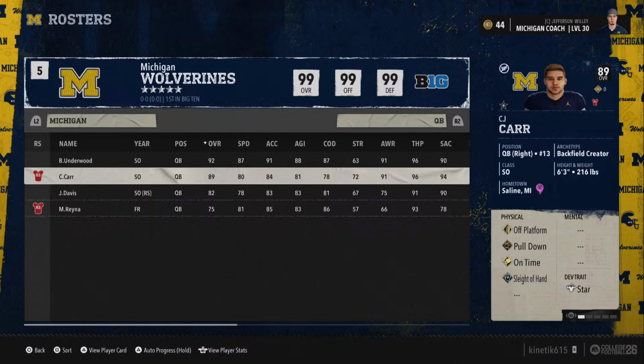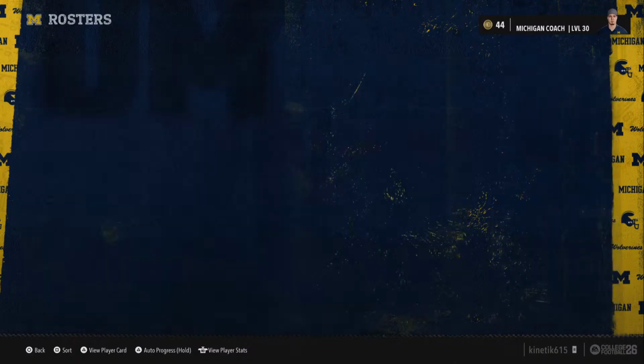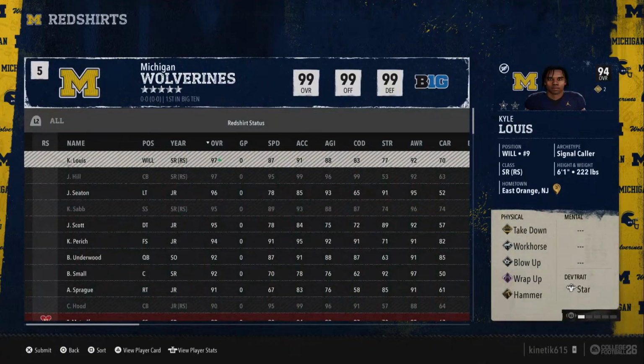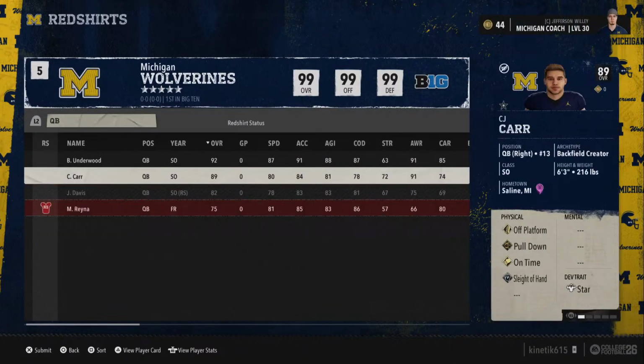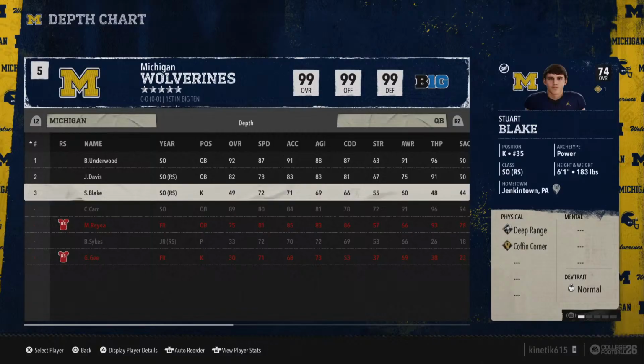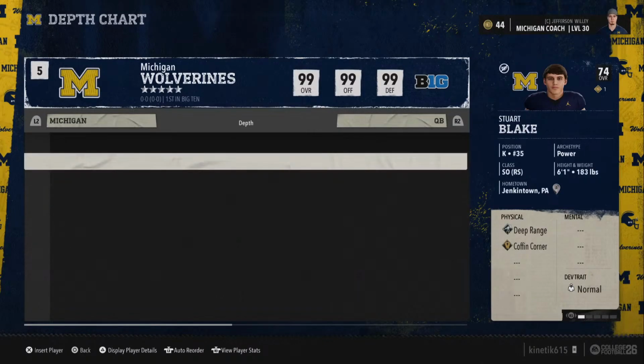I don't know. We'll see. I guess it doesn't hurt. We'll take the redshirt off, and if he doesn't play, he doesn't play, and then he'll get a redshirt by default anyway. But I guess if we need him to play, then he will need to step up. So we'll take that off. We'll adjust the depth chart to insert CJ Carr into the lineup as QB2 and correct that mistake.